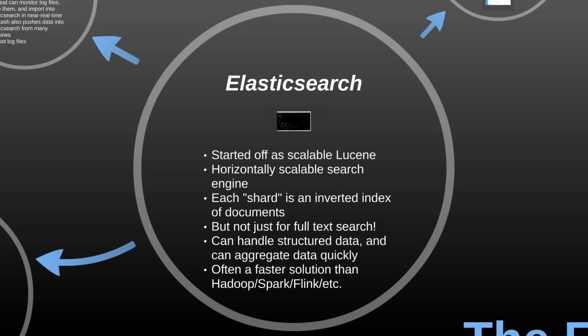However, Elasticsearch has evolved to be much more than just Lucene spread out across a cluster. It can be used for much more than full text search now, and it can actually handle structured data and aggregate data very quickly. So it's not just for search, it can handle structured data of any type. And you'll see it's often used for things like aggregating logs. And what's really cool is that it's often a much faster solution than things like Hadoop or Spark or Flink. They're actually building new things into Elasticsearch all the time, with things like graph visualization and machine learning that make Elasticsearch a competitor for things like Hadoop and Spark and Flink, only it can give you an answer in milliseconds instead of in hours. So for the right sorts of use cases, Elasticsearch can be a very powerful tool and not just for search.